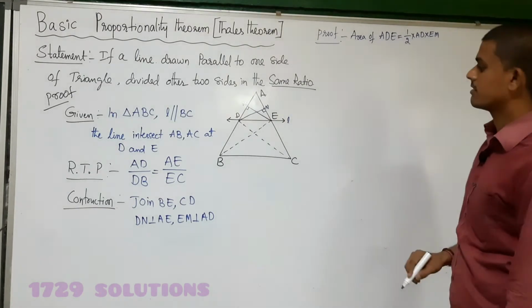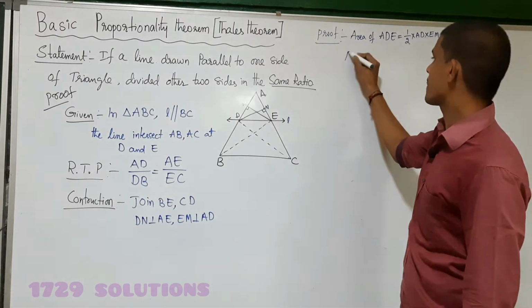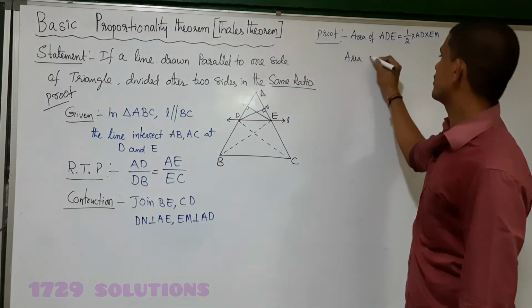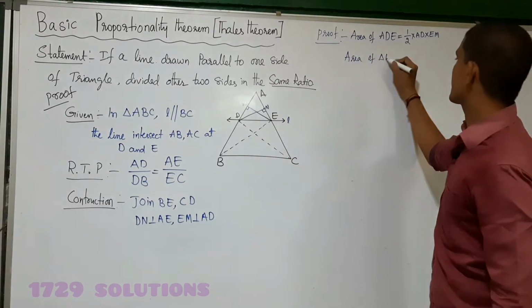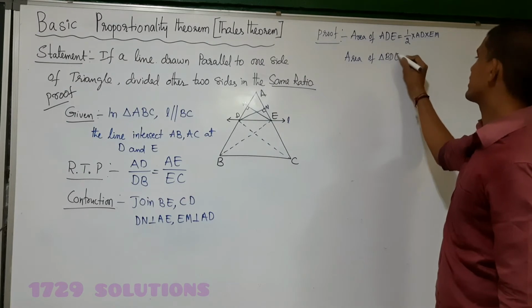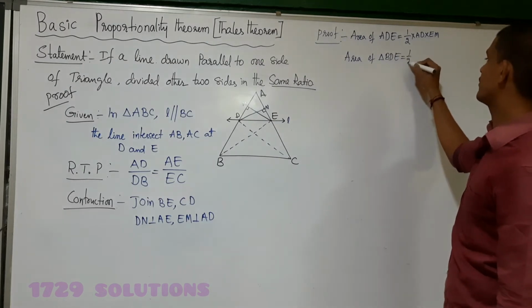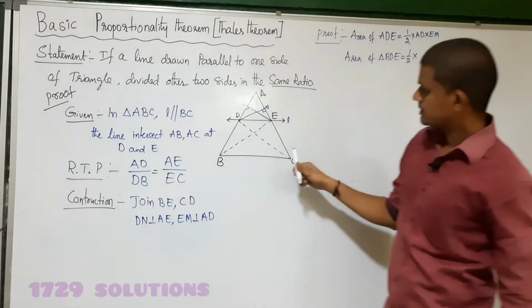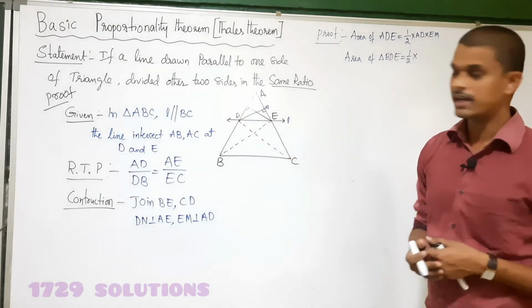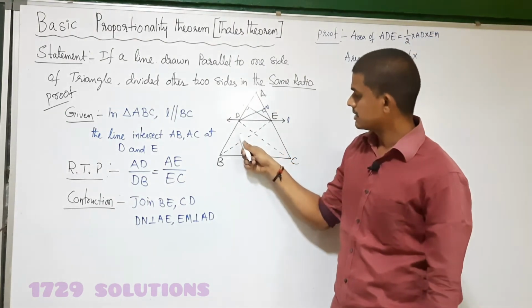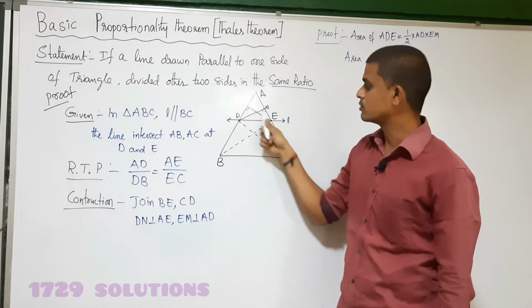Yes, this is the area of triangle ADE. Next I am taking another triangle, the area of triangle BDE. Again the formula is half into base into height. See clearly, BDE looks like an obtuse angled triangle. In an obtuse angled triangle, the height of the triangle will compulsorily be outside of the triangle.